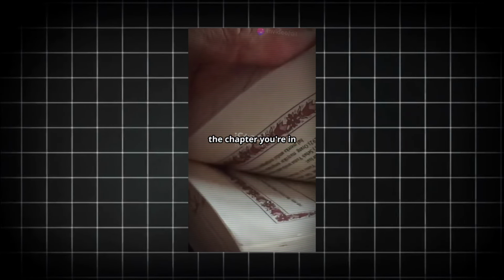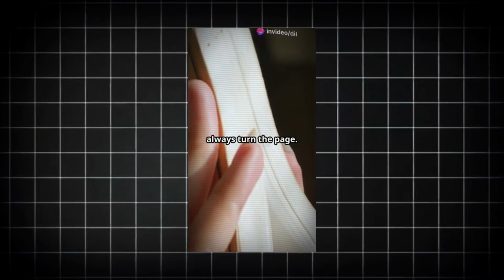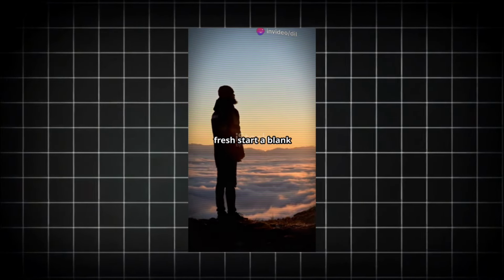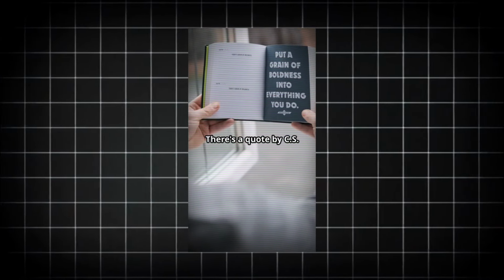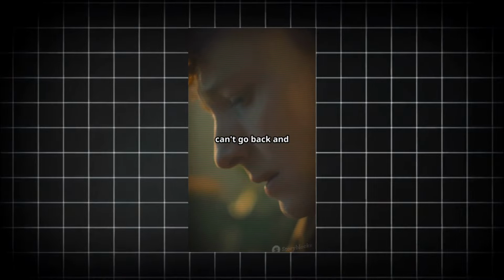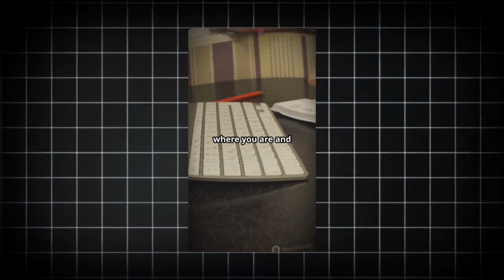If you don't like the chapter you're in, remember you can always turn the page. Each sunrise is a fresh start, a blank canvas for you to paint your dreams. There's a quote by C.S. Lewis that says, "You can't go back and change the beginning, but you can start where you are and change